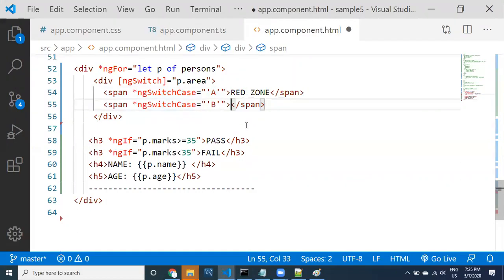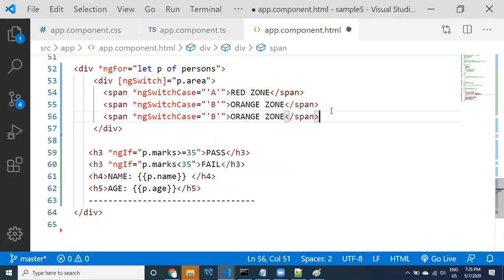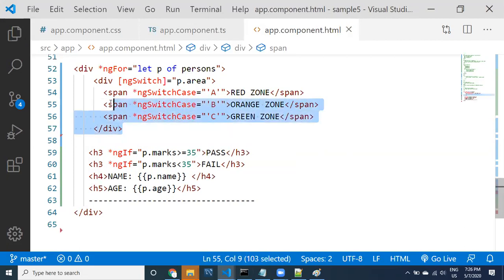This time I'm going to use this. If it is C, green zone, div, p.area. If it is p.area, this is a property.